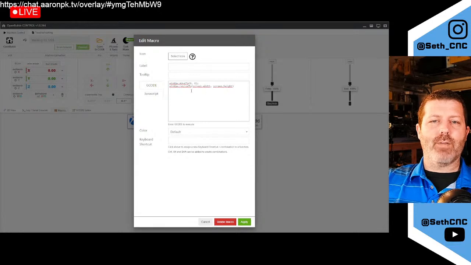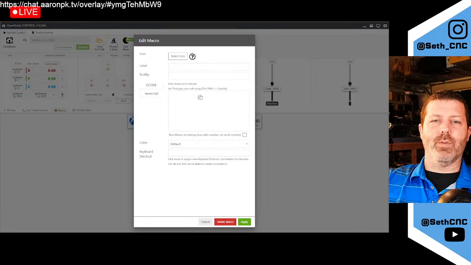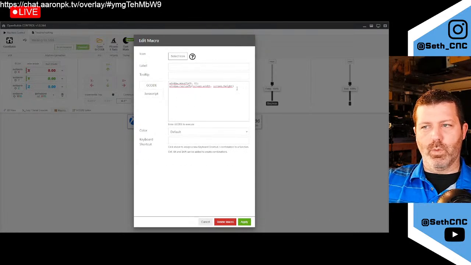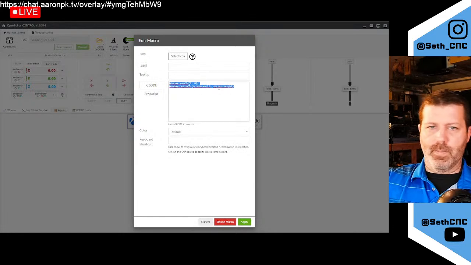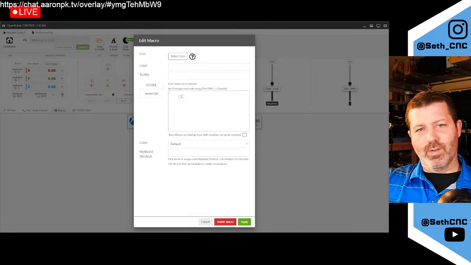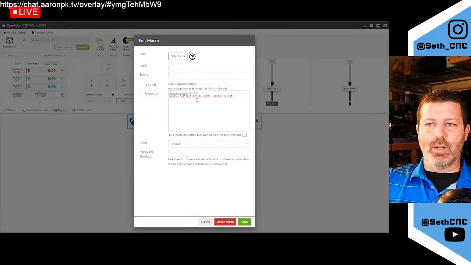So we've gone ahead and I've copied over the G code from that, and we have to click on JavaScript for this one because of the way it sets up. Oops. Let me make sure here. We want to get rid of that G code one. Sorry. Have to click JavaScript first. Drop this in here if it's a JavaScript style